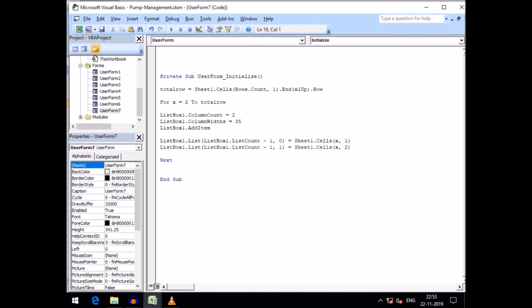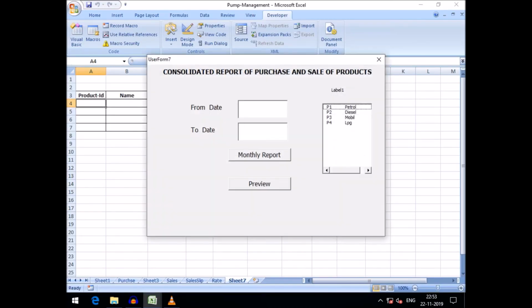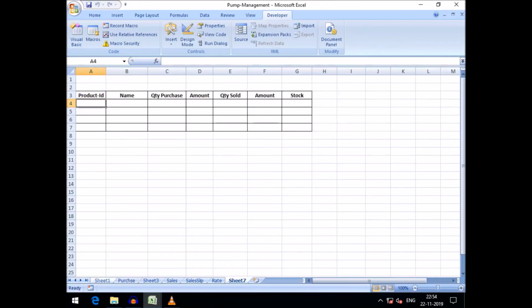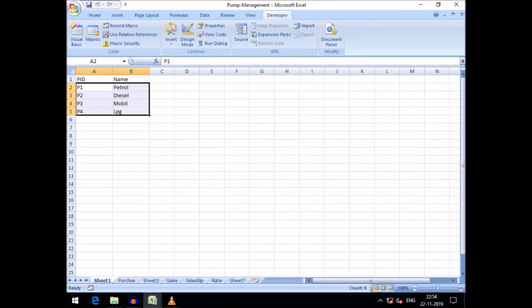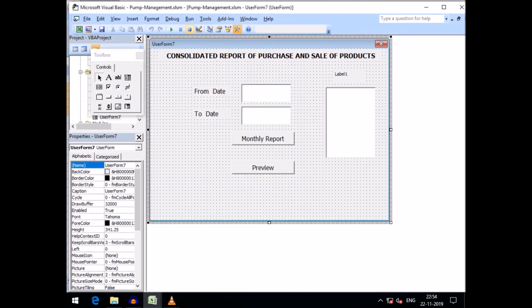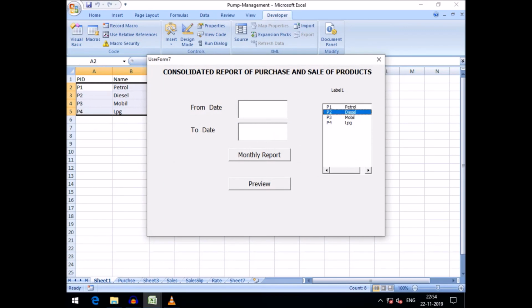And if I run this, friends, you can see our products have been added in list box 1 from Sheet1. Here you can see the sheet, this is the product master file, and from here the records have been added into this list box, that is list box 1 of UserForm7. And then, friends, I want to